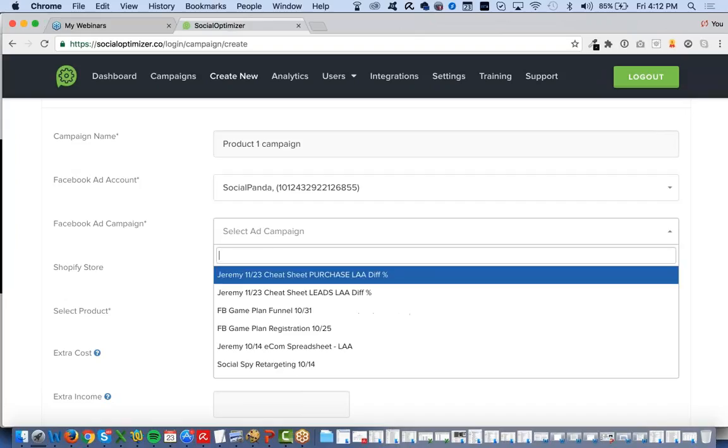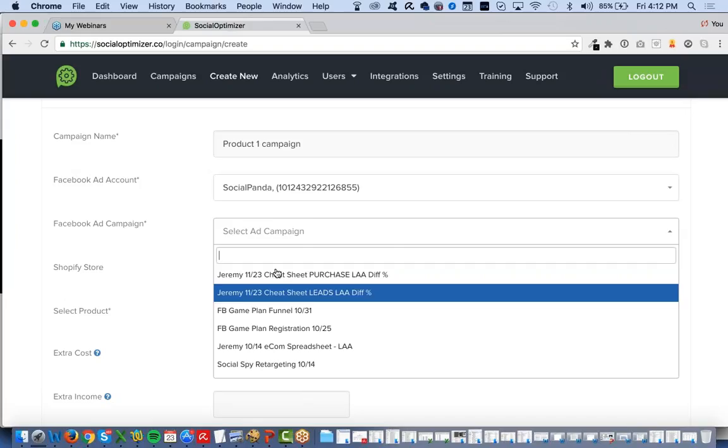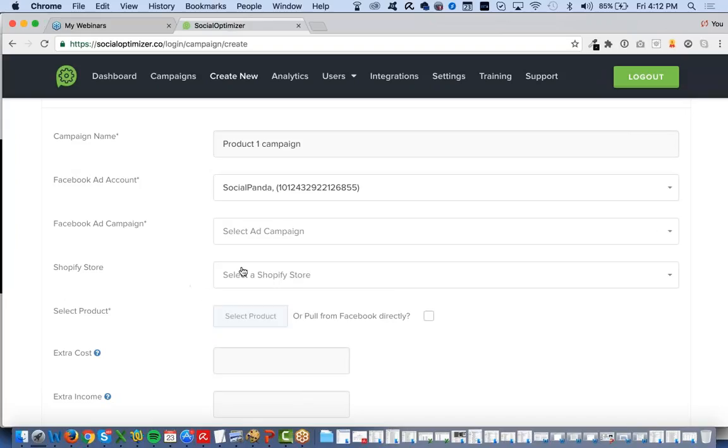Now, then you need to select what Shopify store you're using, and if you're not using a Shopify store, you won't select that. This will work without Shopify. We've made it integrate really easily with Shopify because Shopify is one of the most popular e-commerce platforms on the web right now. It is probably the most popular. So that's why we've made it work with Shopify. However, if you don't have a Shopify store, then that's okay.